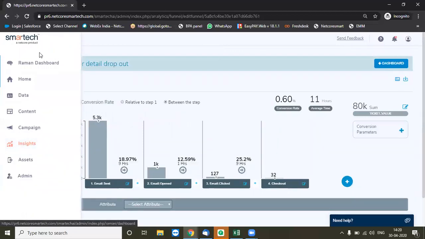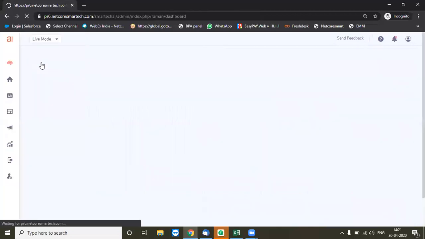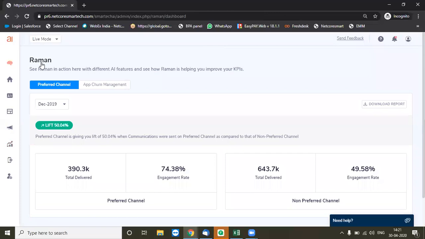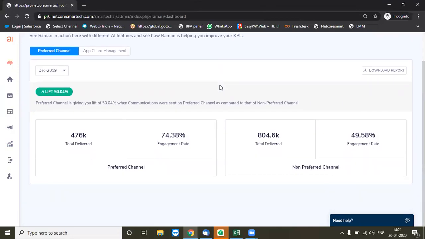And of course, a very important thing, since I talked about the AI and ML features being used in the platform, there's a Raman dashboard. Raman is our AI engine that we use for all the features which are using the AI capability of the platform, like preferred channel, app churn management, STO, SLO. So these basically give you a fair review of how the AI features have actually helped you out.